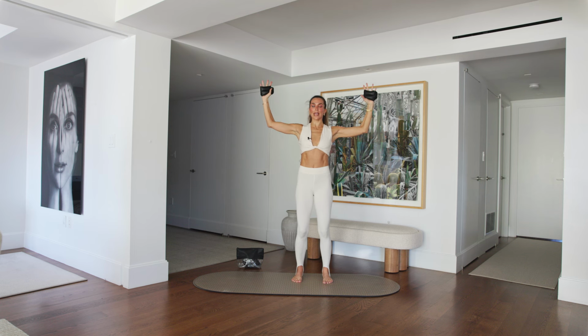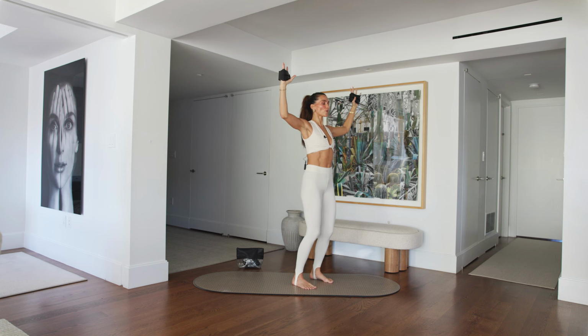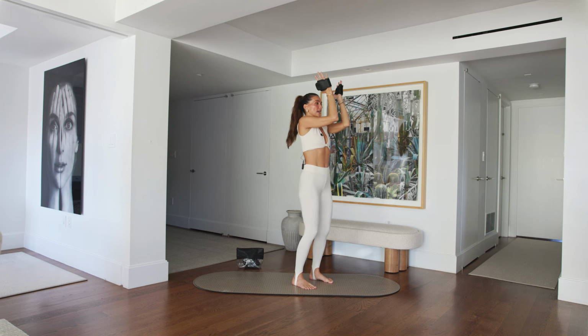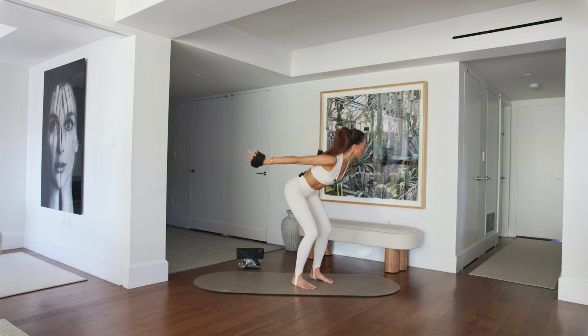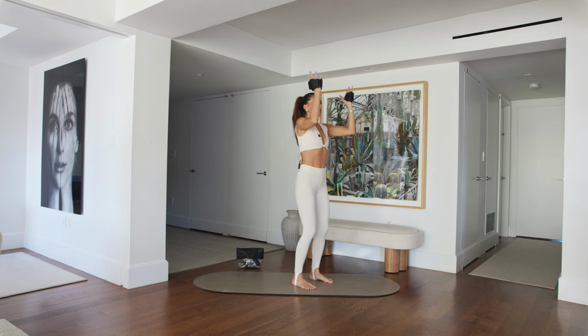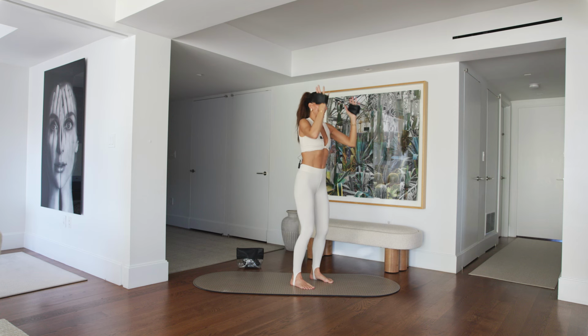9, 8, 7, 6, 5, 4, 3, 2, on 1. I want you to squeeze elbows in front of your chest and then hinge it forward. Take arms back with like a little flick of that wrist, like you have a little ball in your hand and you're just throwing it behind you. Stay with me for 8,